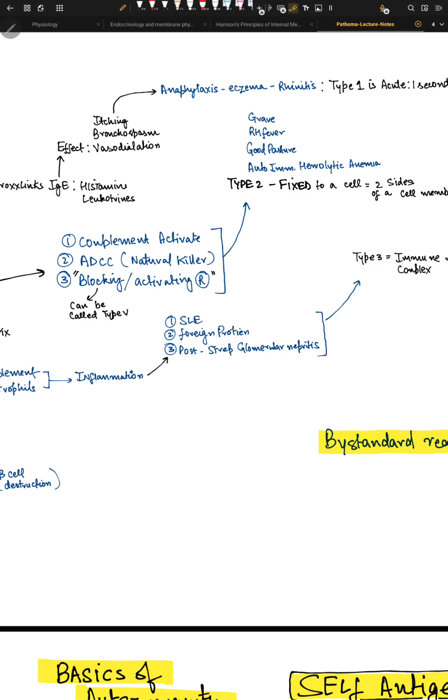So what happens here is that these antibodies bind to the receptors on our cell membrane, and depending upon what they do after binding, they can act in two opposite ways. First is blocking and the other one is activating. That's what I'm trying to